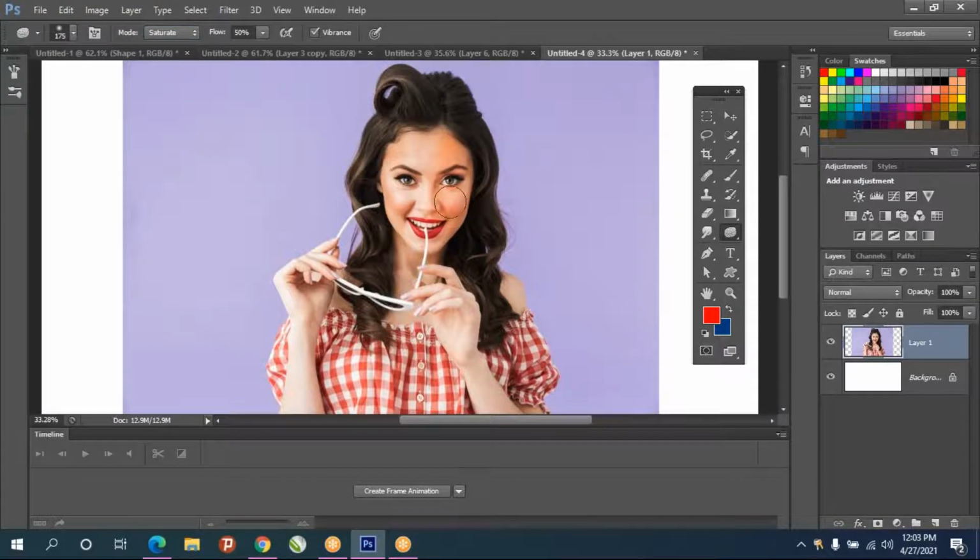Always, any tool you select, see the property bar. So the first option is saturate. Whatever color is there, it will give more depth to that color. That is saturation. And we have one more thing called desaturate. Desaturate will convert to black and white. If you keep on doing, it will be black and white.